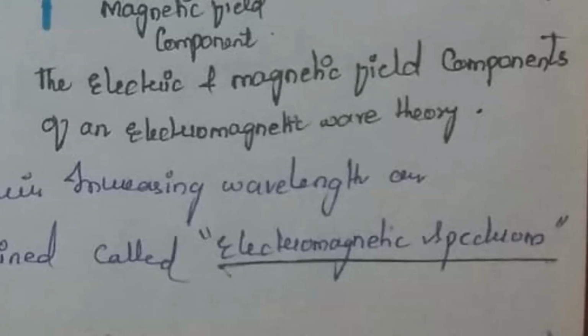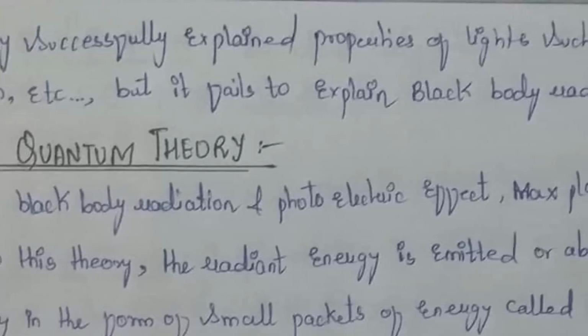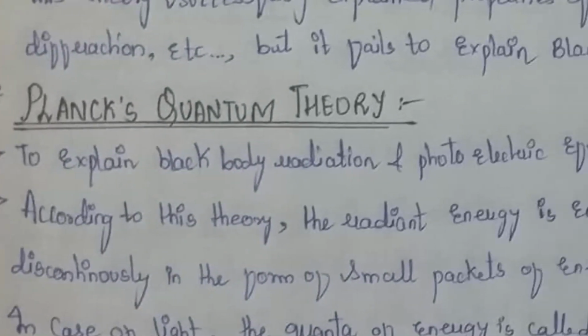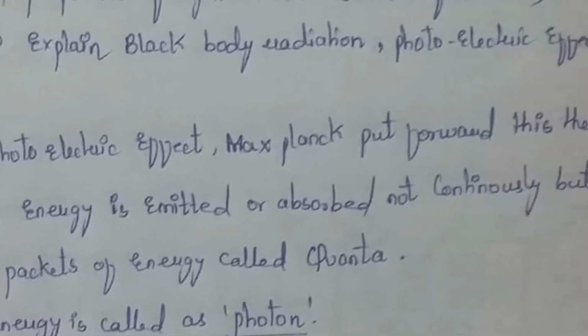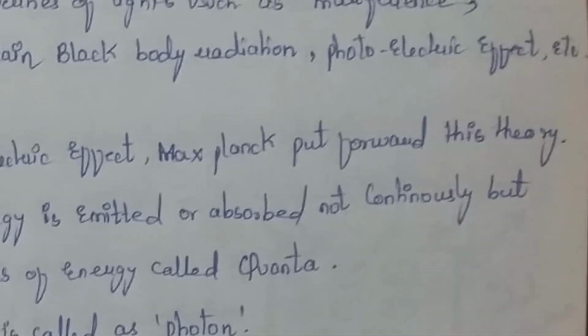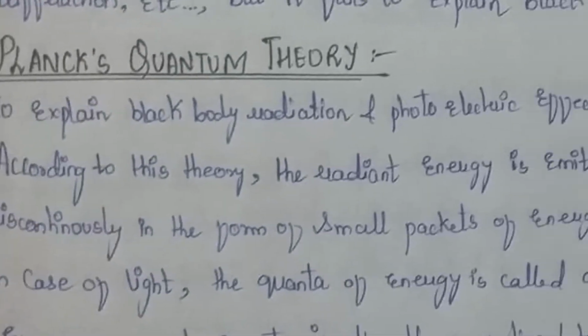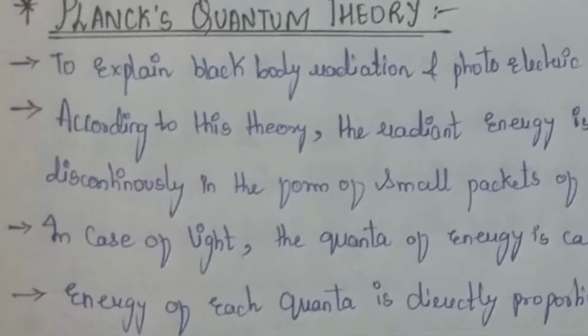known as the electromagnetic spectrum. This theory successfully explained properties of light such as interference, diffraction, etc., but it could not explain black body radiation, photoelectric effect, etc. This is the drawback of electromagnetic radiation, that it does not explain black body radiation and photoelectric effect. So, in order to explain the black body radiation and photoelectric effect, Max Planck put forward the theory known as